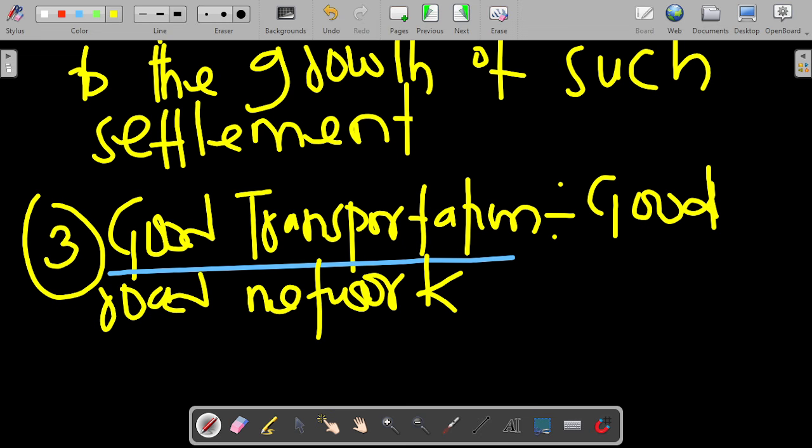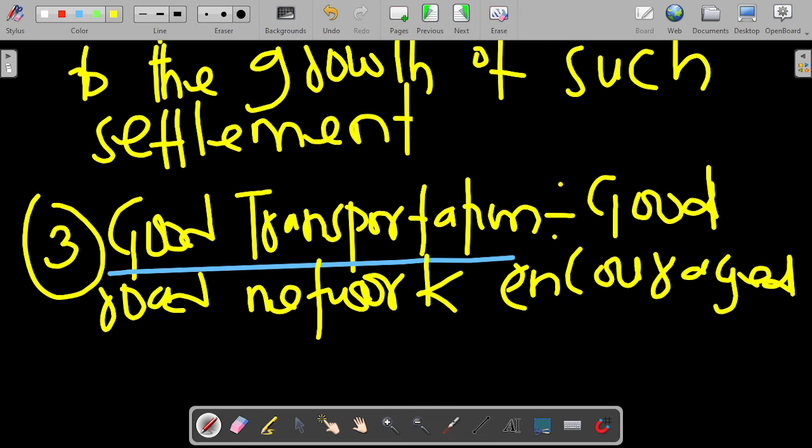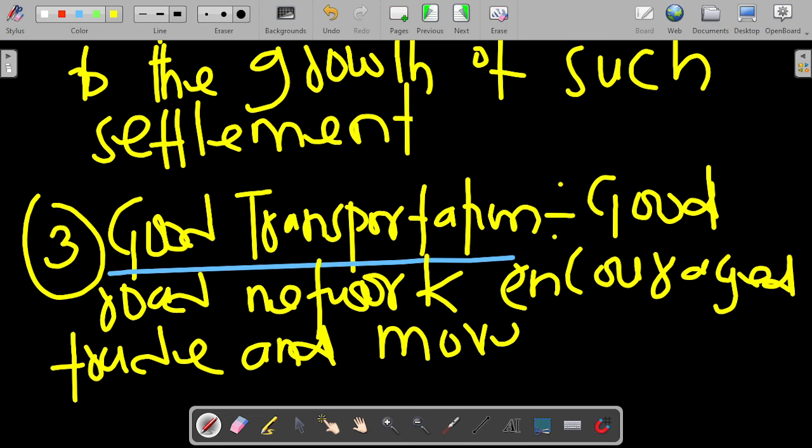With good road network, I would say, encourage trade and movement